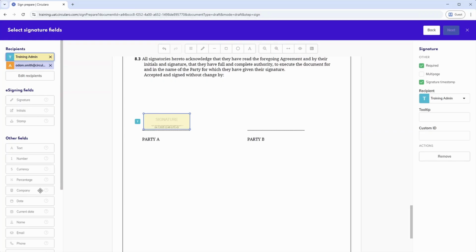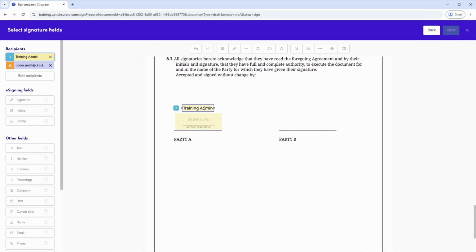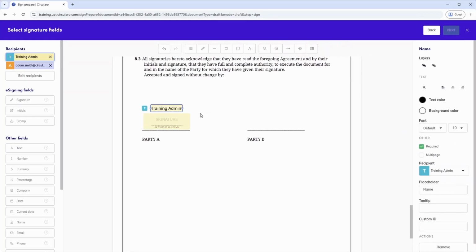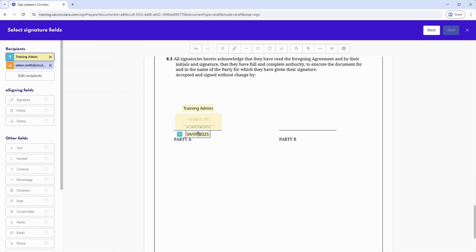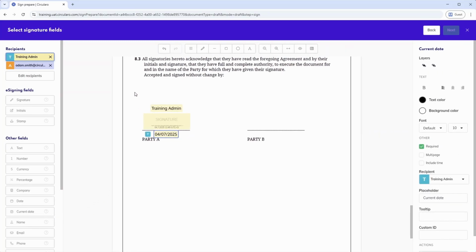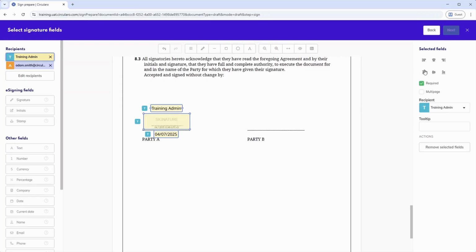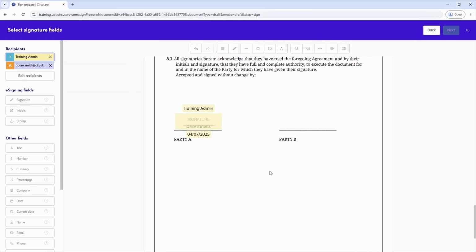You can add however many fields you wish. If you select several at once, you can also align them on the document.